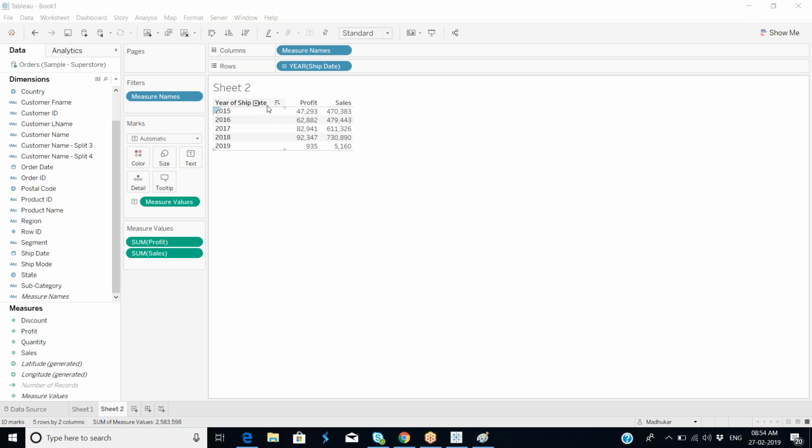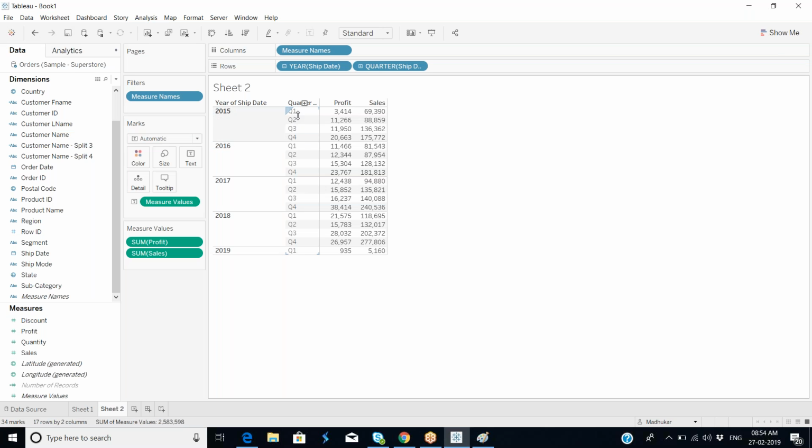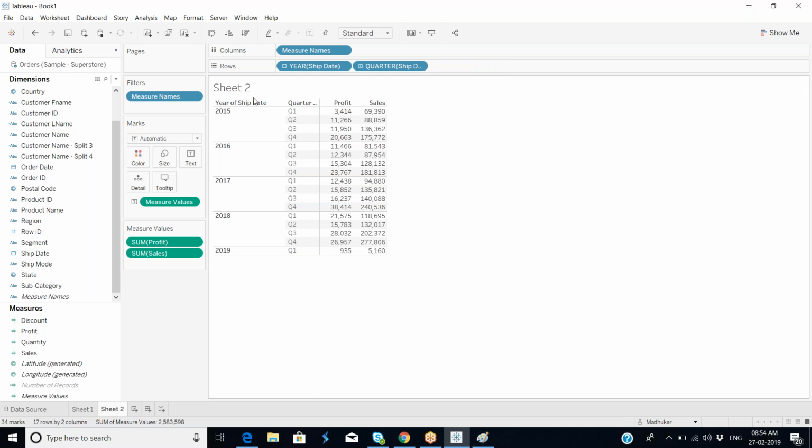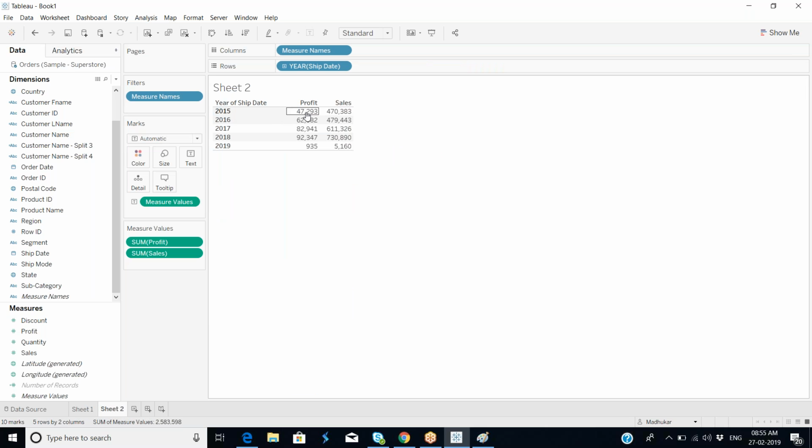So when you click here, it is going to display the quarter result, the detailed data. When you click on quarter, it shows the month. So the data is splitting, you look at here. Currently, the 2015 aggregated data is showing